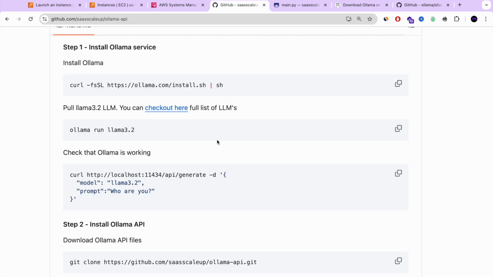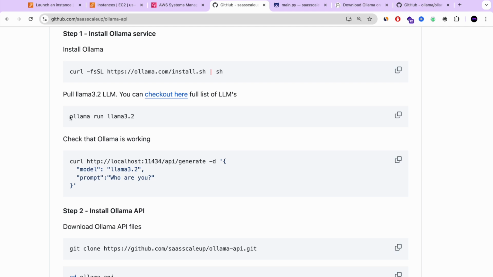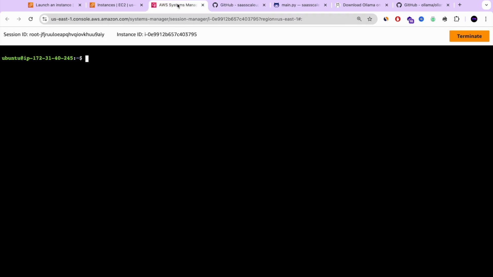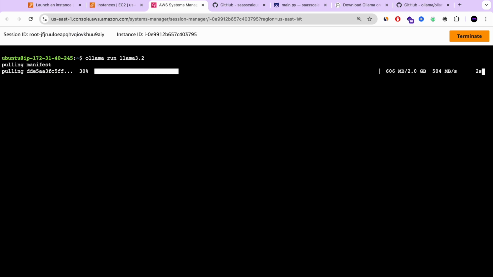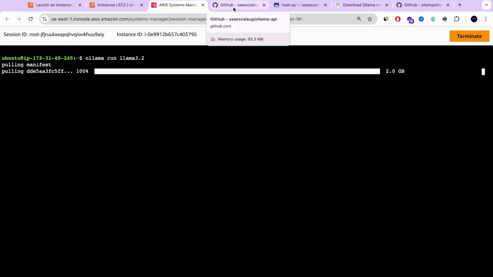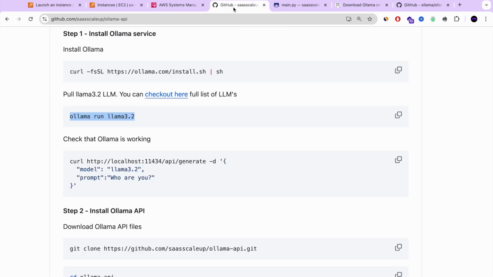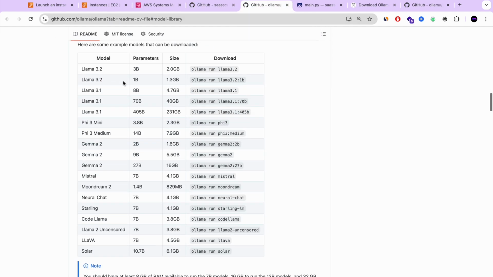You can also choose other models if you want, as I showed you a few minutes ago. So this is one of the commands: ollama run llama3.2, or you can also do ollama pull llama3.2. And while it's downloading the model, let's go and see all the models that we have from the Ollama